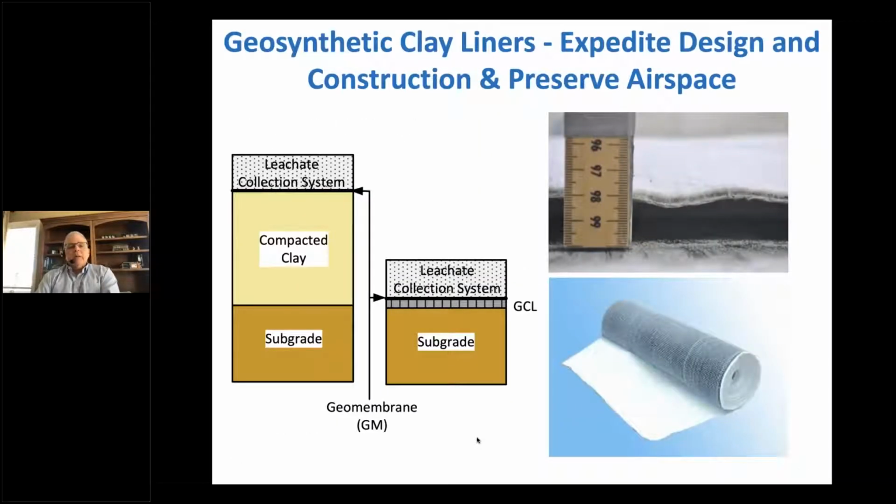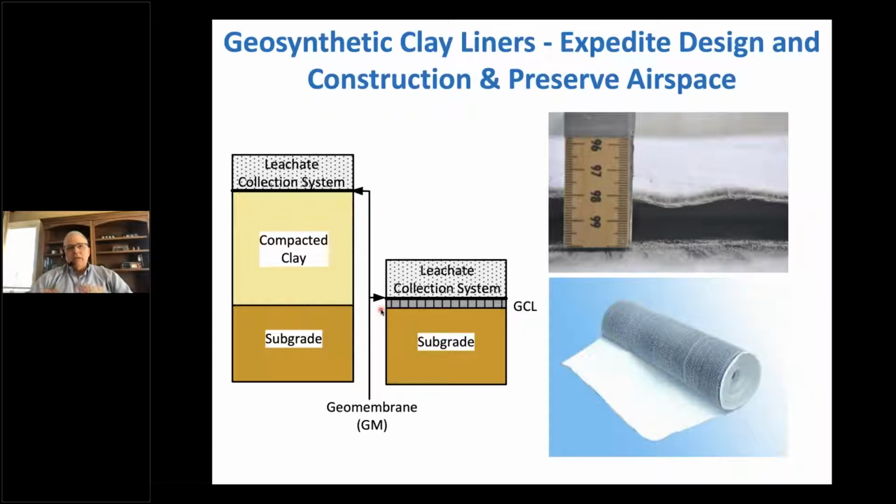So let's begin. Geosynthetic clay liners are really remarkable products. We take a barrier system like I show here, and I'm going to turn my laser pointer on, where I've got a compacted clay liner barrier and a composite liner that may be 0.5 meter to 1 meter thick. And I'm going to replace it with a barrier that has comparable performance and, when hydrated in the field, is probably 8 millimeters thick. So a 10 times thinner